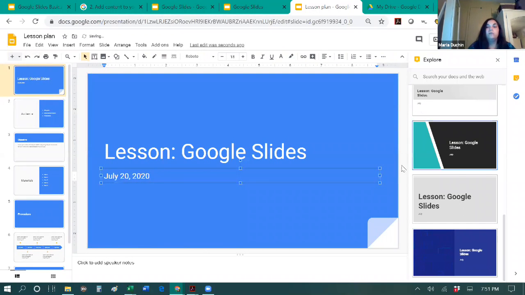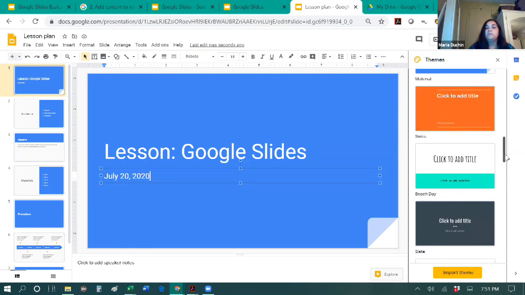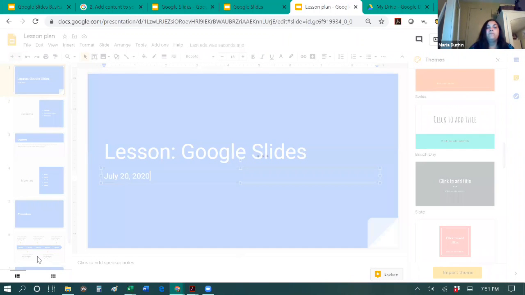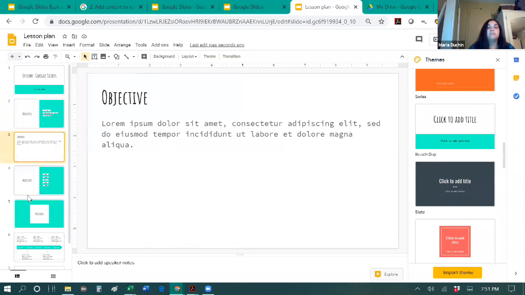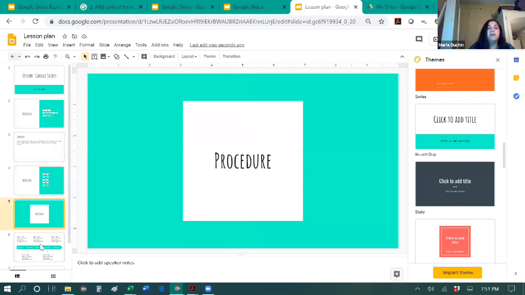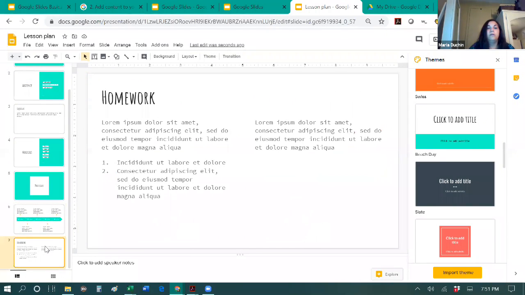Oops. And instead of going to explore, I'm gonna go back to my themes. I'm gonna choose that other one that I liked, which was over here. You can see when I chose the theme, it changed all of the fonts and the coloring to make it consistent throughout. So if I go back to that,